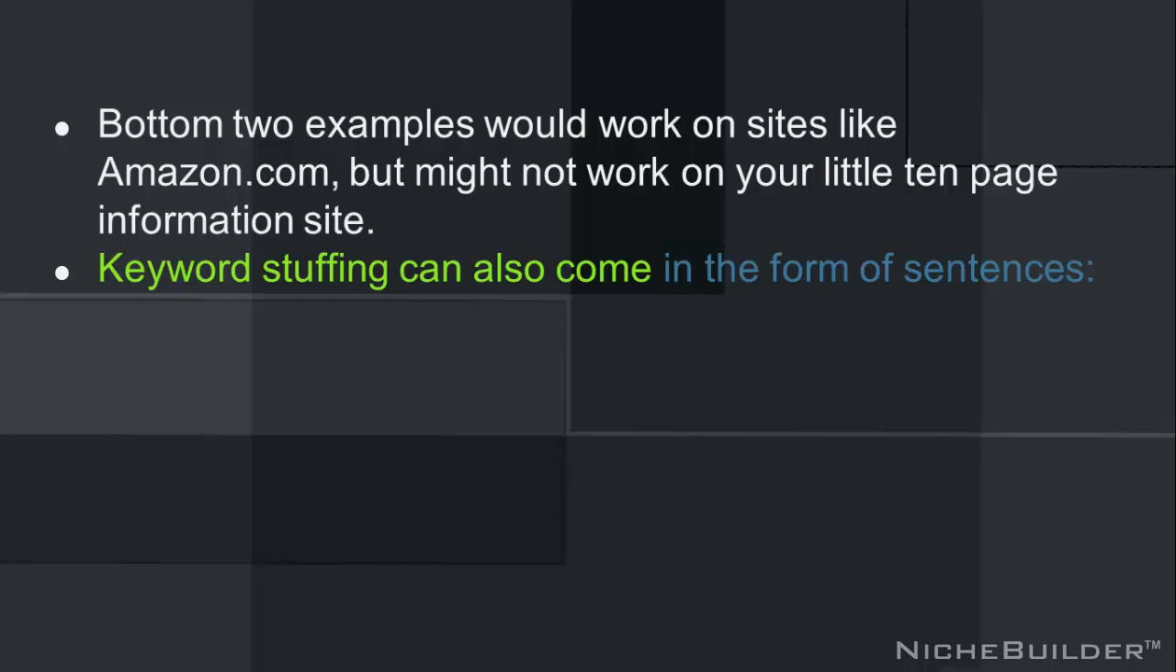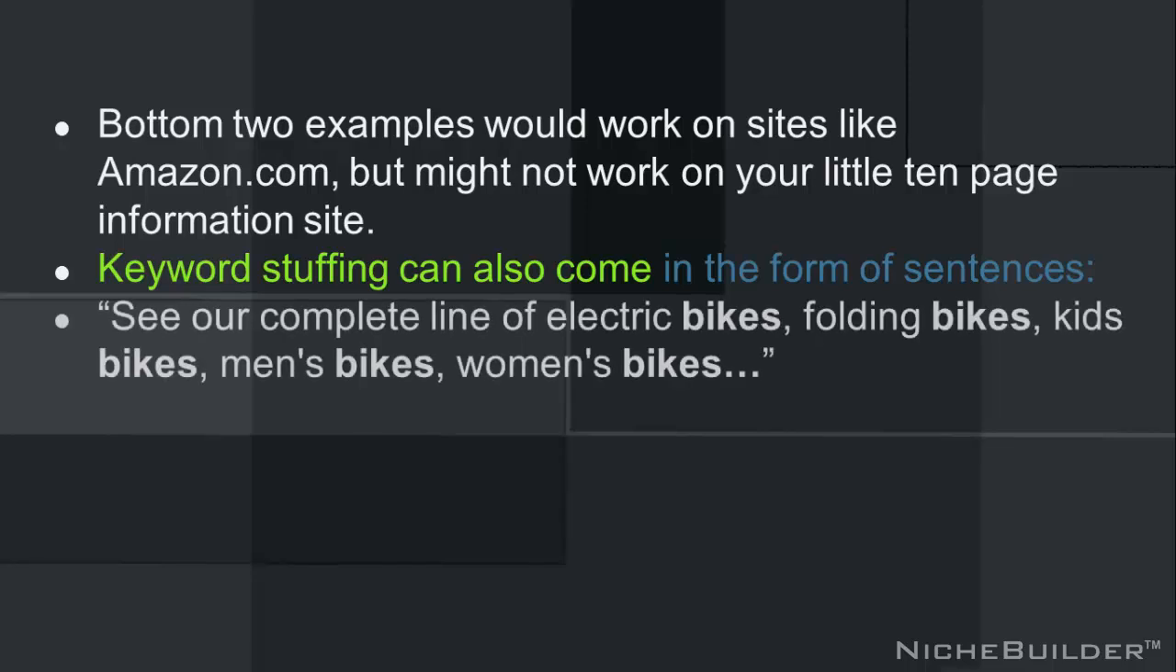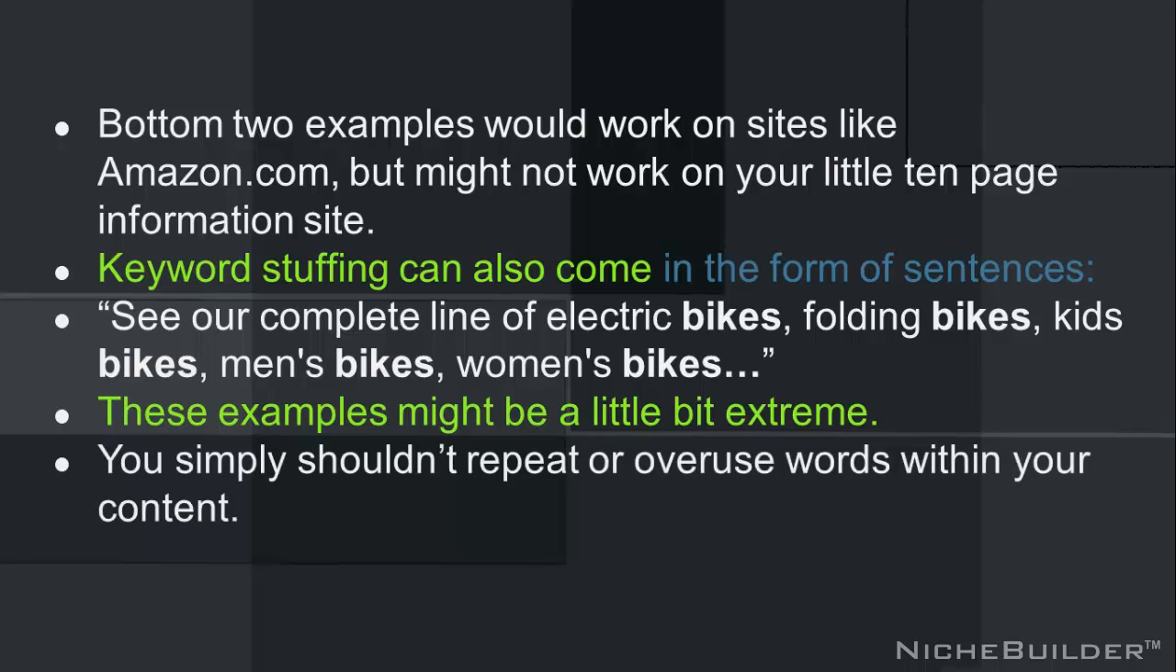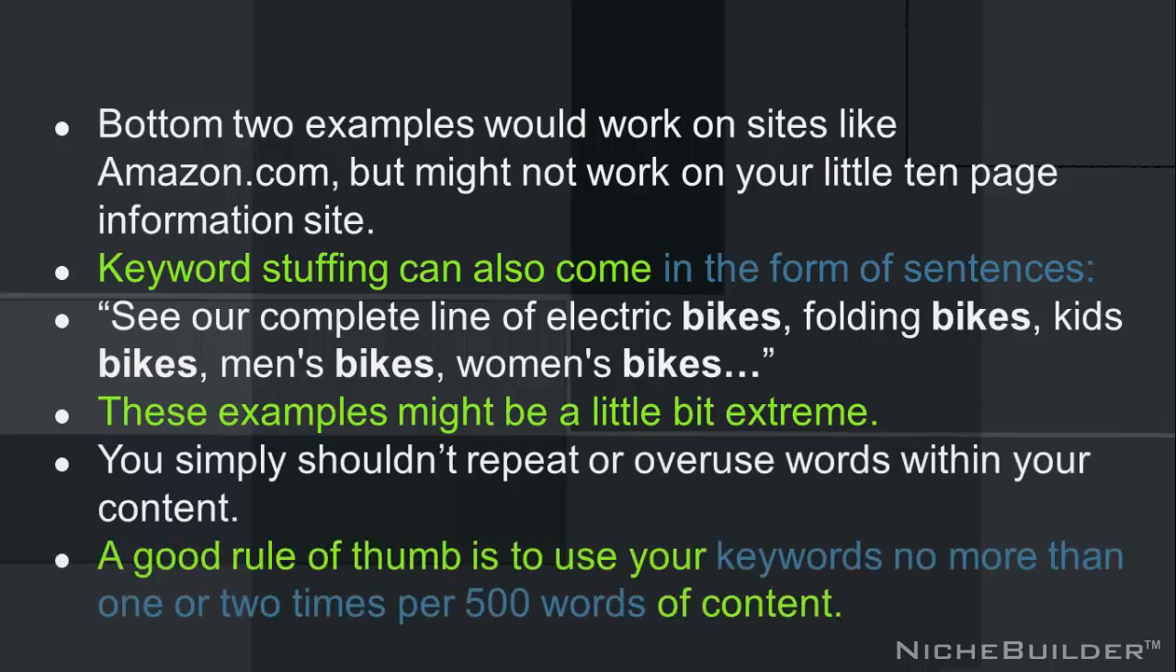Keyword stuffing can also come in the form of sentences. Here's some examples. See our complete line of electric bikes, folding bikes, kids' bikes, men's bikes, women's bikes, comfort bikes, and much, much more. While these examples might be a little bit extreme, my goal is that you understand you simply shouldn't repeat or overuse words within your content. A good rule of thumb is to use your keywords no more than 1 or 2 times per 500 words